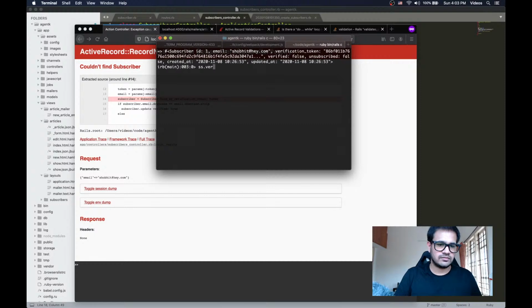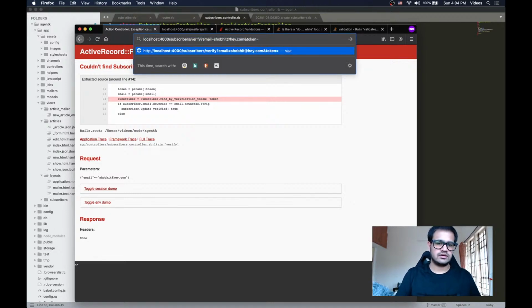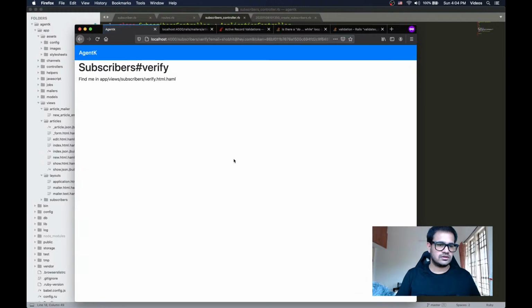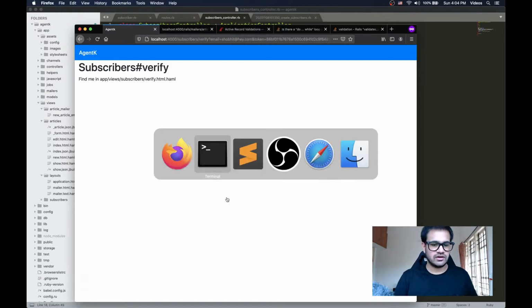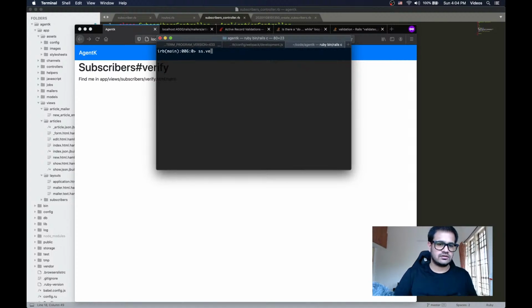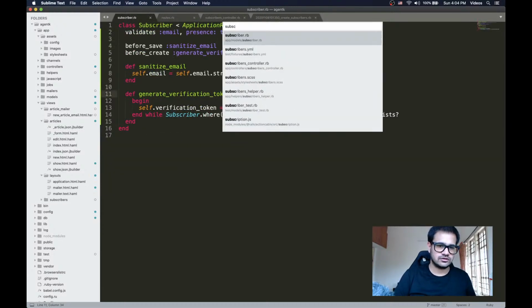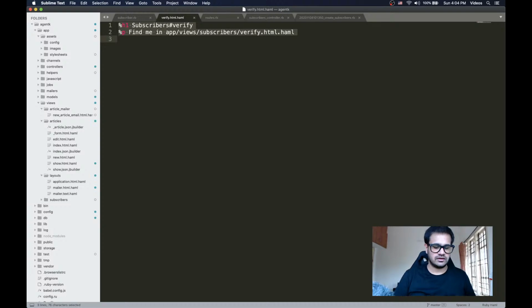But if I open the token and I add and token is equal to this, it works. It doesn't show anything, but it works. So if it works, we can just be like ss.reload and ss.verified is true. Great. So we have added functionality. What we need to do is now just go to subscriber verify, and here we will like %h1